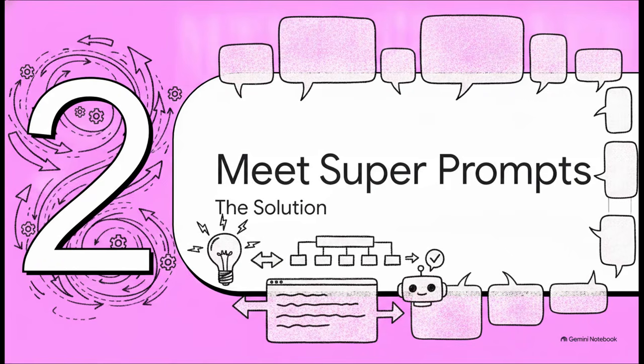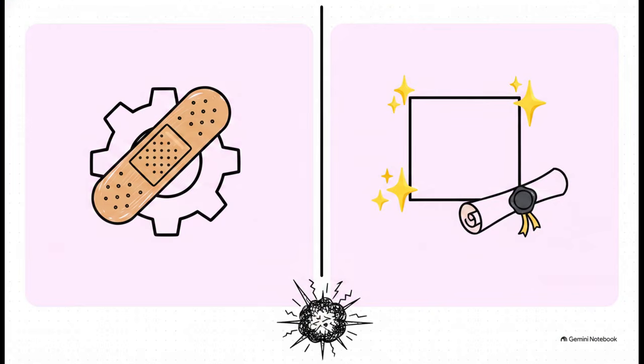Moving on to Section 2, Meet Super Prompts, the solution. We really need to draw a hard line here. A super prompt is absolutely not for fixing your current project. Think about a scoped patch prompt. That's what you use for making one verifiable change at a time to a living code base. The super prompt, on the other hand, is a binding legal contract strictly for fresh, clean room builds. If you try to point a massive build spec at an existing code base, you are inviting a sprawling, unreviewable reconciliation rewrite that is almost guaranteed to break fixes you've already applied.